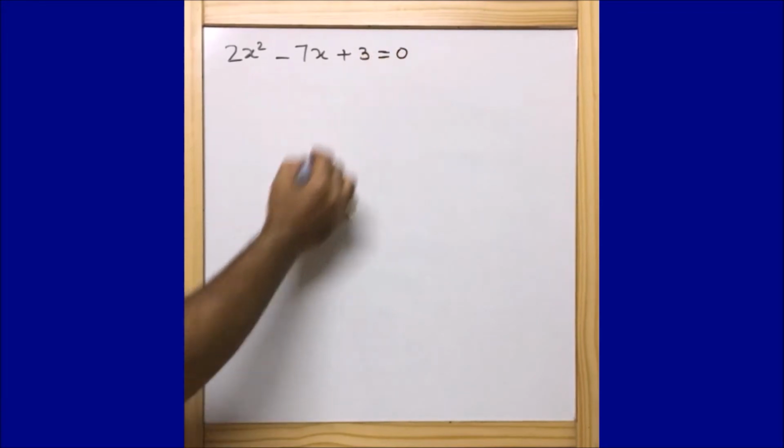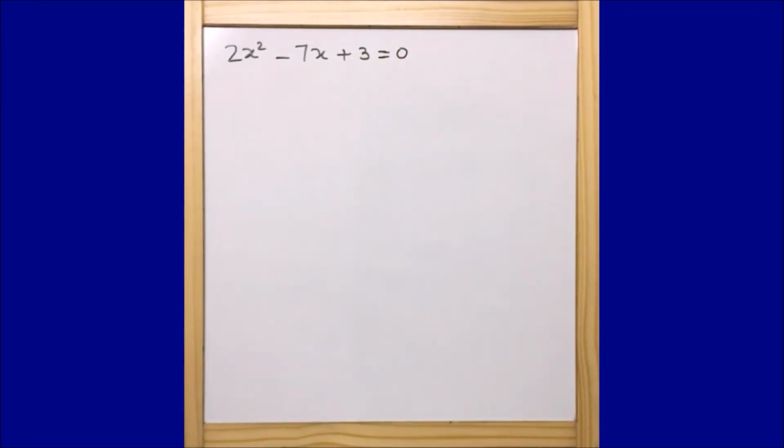And we are going to use the method of completing the square. Guys, I always prefer completing the square because this is the very easiest one. Don't panic or get confused. I will explain it in such a way that you will feel that this completing the square method is really a very easy one.